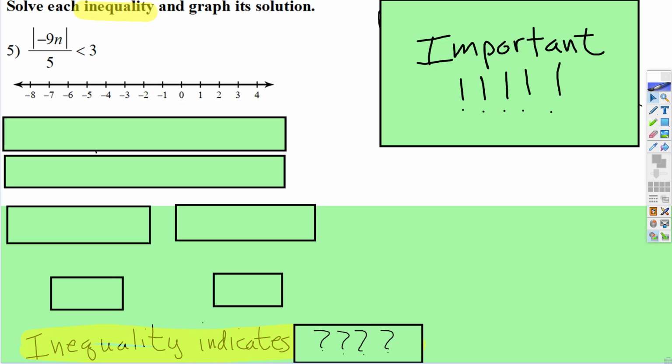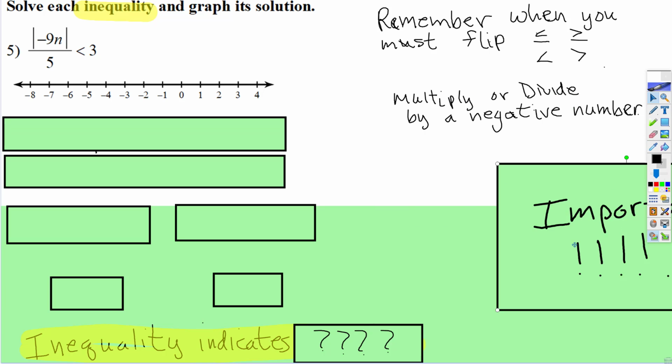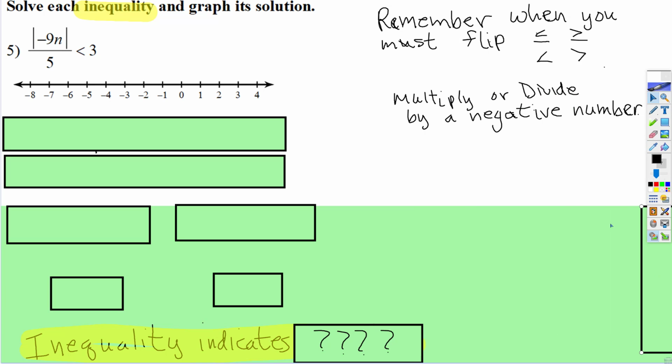Okay, for inequalities, there's a little bit trickier part you have to remember. So over to the right here where it says important, remember when you must flip the inequality signs. Remember that from regular inequalities. So if you had negative 3x is greater than 12, when you divide both sides by that negative 3, notice